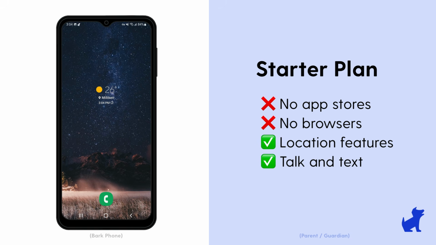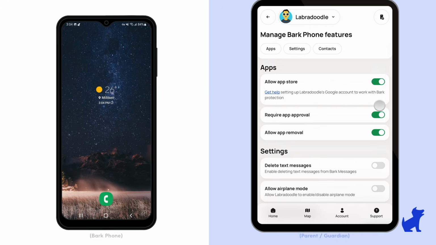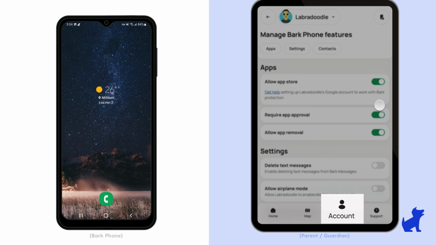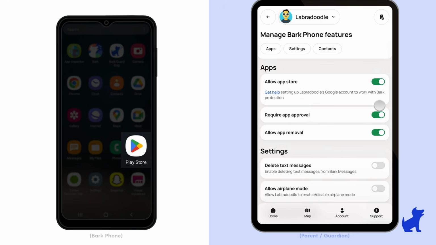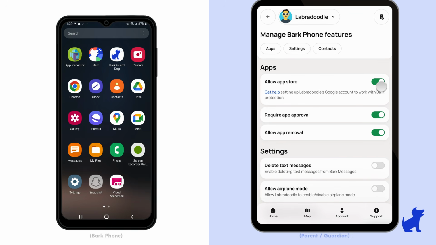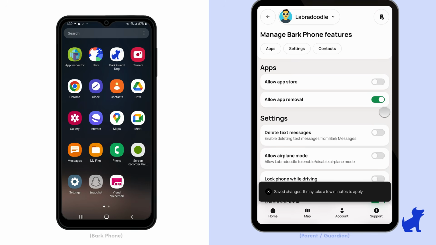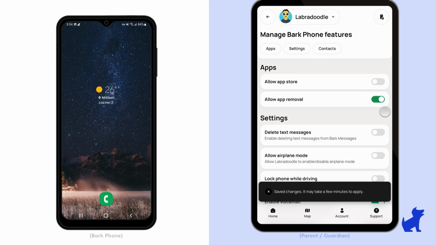If you're on the starter plan, the App Store is not available by default, but if you're ready to give your kids some App Store access, just go to Account Settings in your parent app and upgrade to one of the advanced plans. And if it's enabled, they'll see the Google Play Store app on their Bark phone. If you've blocked the App Store, the Google Play Store app will just completely disappear from their home screen and